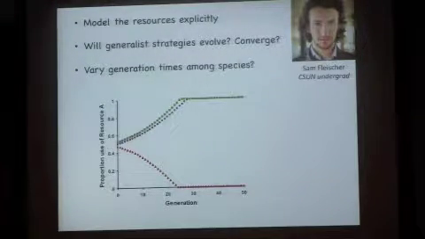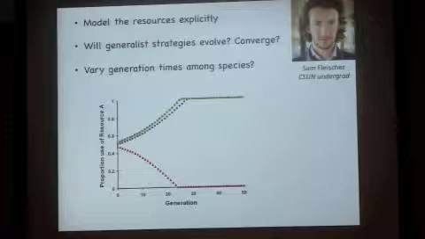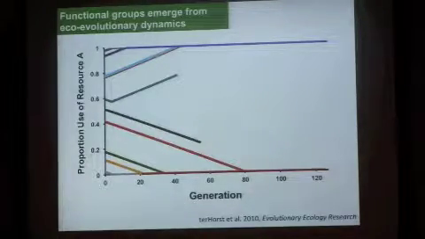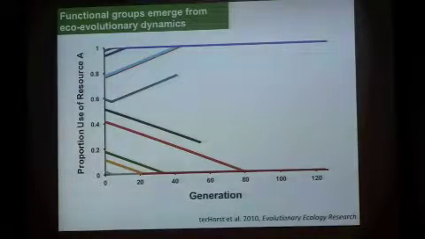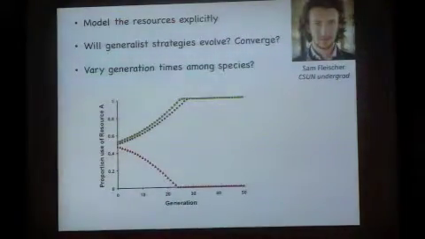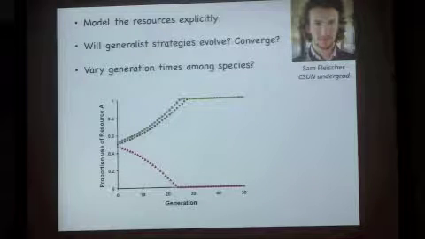So there's an undergrad at CSUN who's taken up this model, and you'll notice that even in this situation where you throw 10 species, everything evolves to be a specialist. You never get the evolution of generalists in that model. And so Sam's taken this on and is trying to see if he can tweak this model a little bit to a scenario where we could get the evolution of generalists.